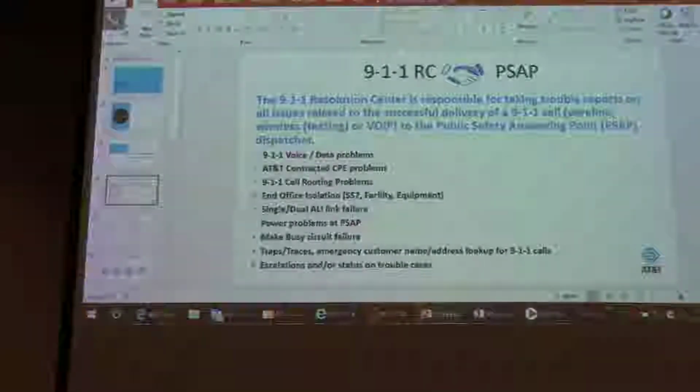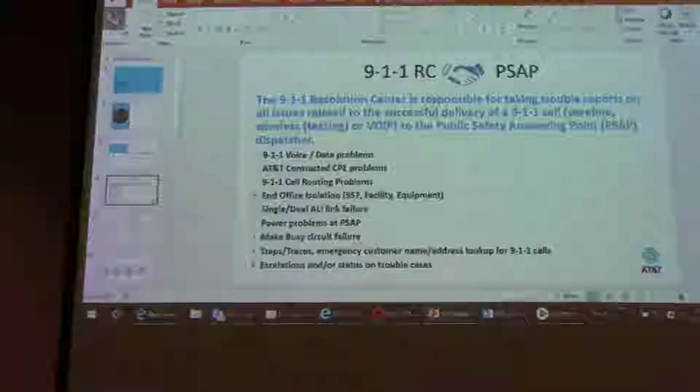These are some of the products and items they would support. They support all your voice and data as it relates to 911. For any CPE problems, the contract right now is with Motorola, so they work hand in hand and monitor your performance and any activity going on. You would start with the Res Center. This covers any routing problems, outages, a phone down, link failures, power, really anything. Other than what you use every day, you don't know what it could be.